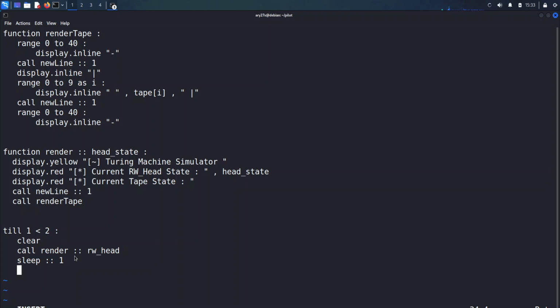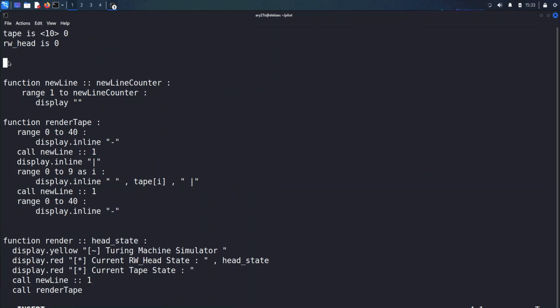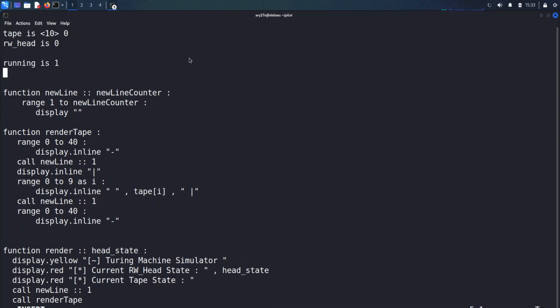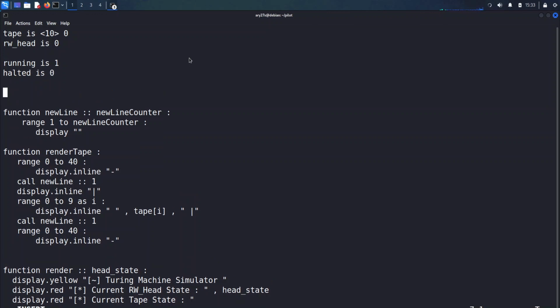So what we do is, instead of an infinite loop, we'll have some constant over here. So let's say running is 1, halted is 0, machine state is